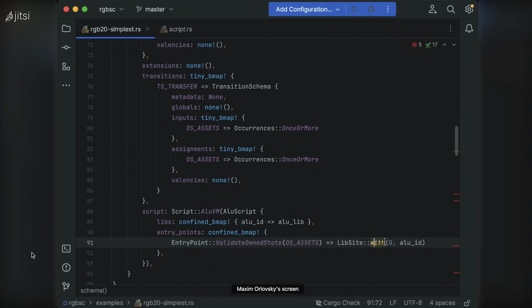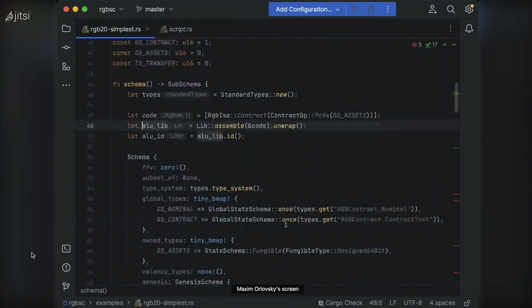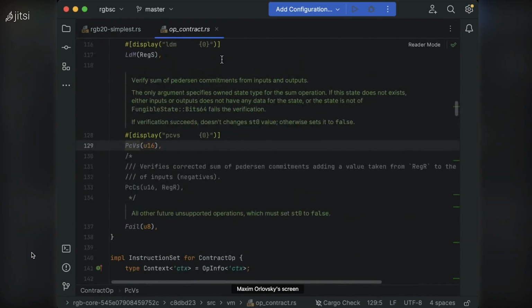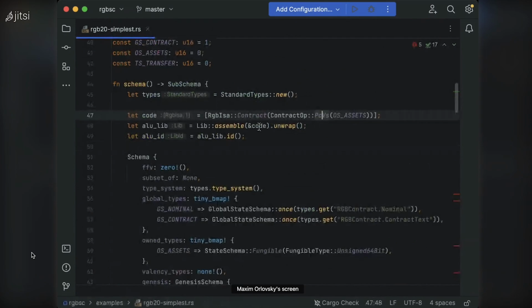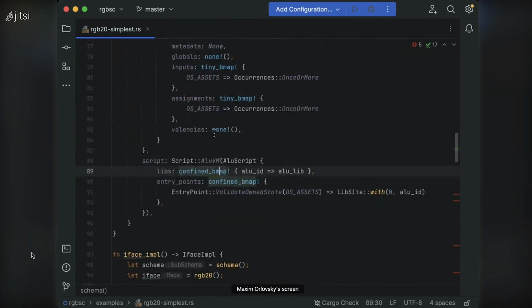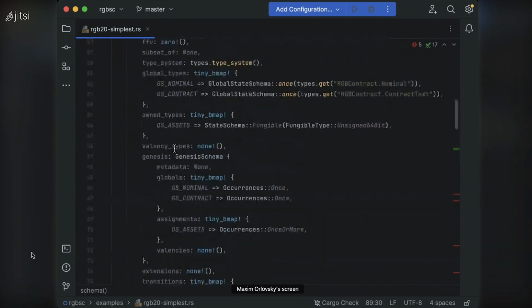And with that, we call the library function. And this library is actually the library we've written here. The code of this library is a single instruction. This instruction is: validate Pedersen commitments of the type for the own state of the type of the asset. The sum of inputs is equal to the sum of outputs. This is a single Alluvium procedure we are putting into the code base. We compile this code base and then we add it as a library to the schema. And this gives us the first schema,